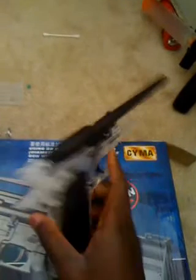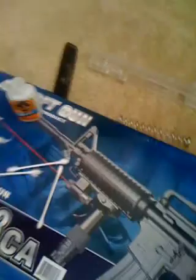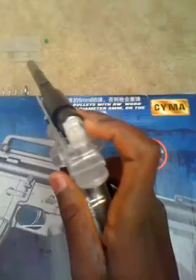That's mod number 1, which is loaded when you can only see all black. I'm not going to shoot this yet because of safety. This back part can come off at any time. It hit me in the eye, so I'm not going to do that. So anyways,